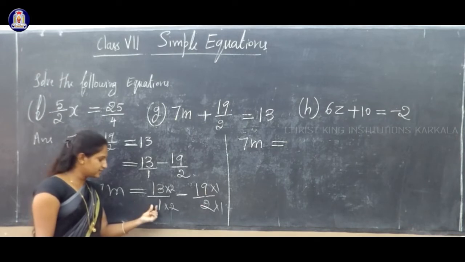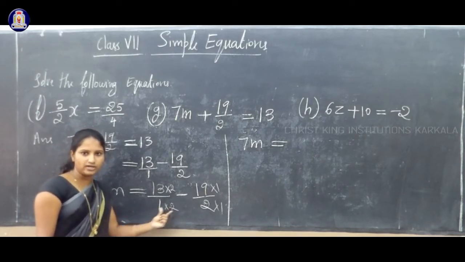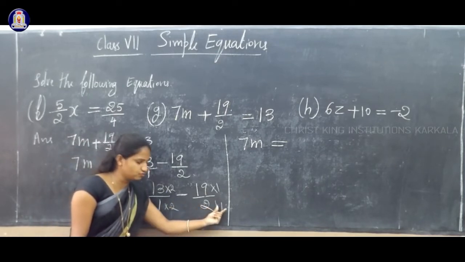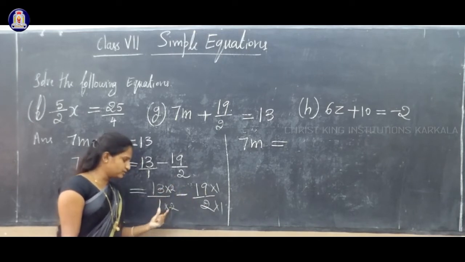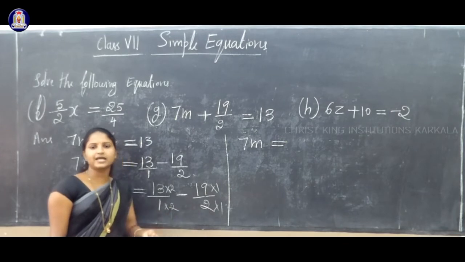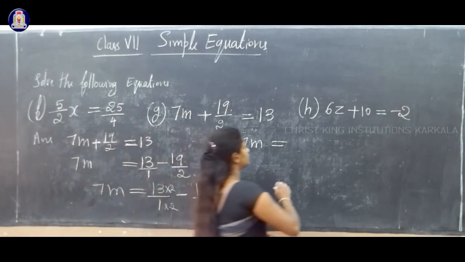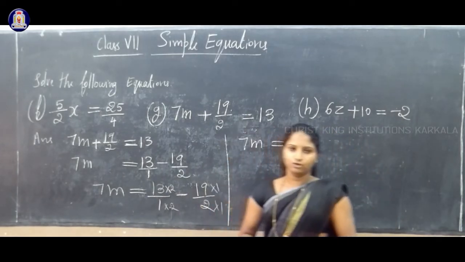So what happens if you multiply like this? We get, see the denominator, 1 into 2. What is 1 into 2? 1 2s are 2. Correct? So in the denominator here, 2 into 1, also 2. Correct? Here 1 2s are 2 and here 2 1s also 2. So we get the same denominator. So then we can add or subtract the numerators.